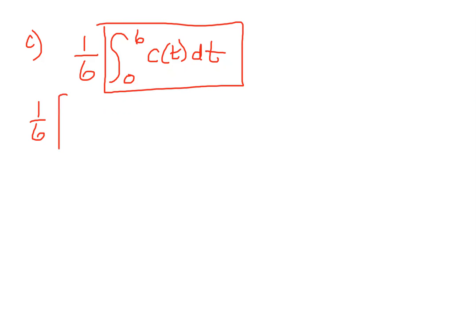So I'm just going to stick the 1/6 out there. And then it says 3 subintervals. So we're going to go from 0 to 2, and then from 2 to 4, and then from 4 to 6. Okay, because it tells you equal length indicated by the data in the table. When it asks you for a midpoint, it's going to do this so that there's one in the middle that you can use. So remember, for the midpoint, we're going to take the midpoint between 0 and 2, which